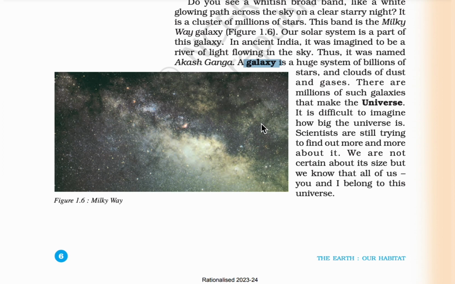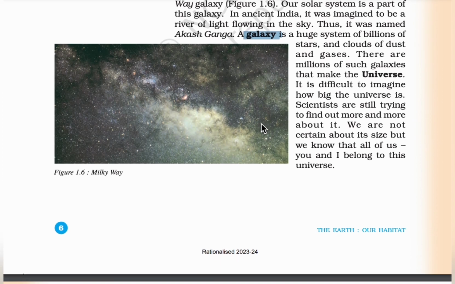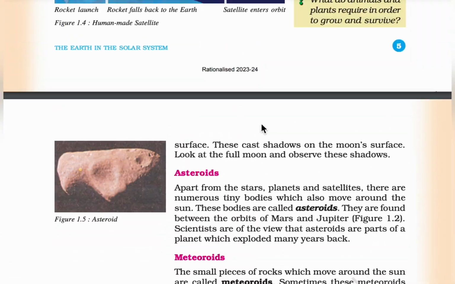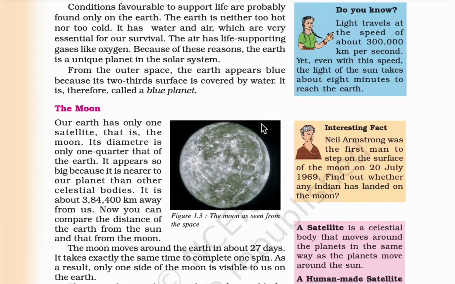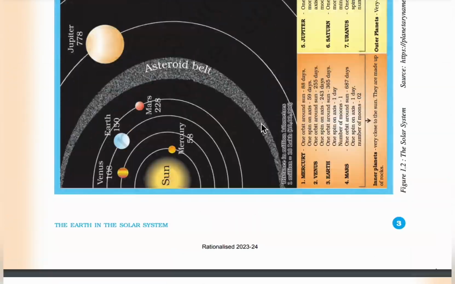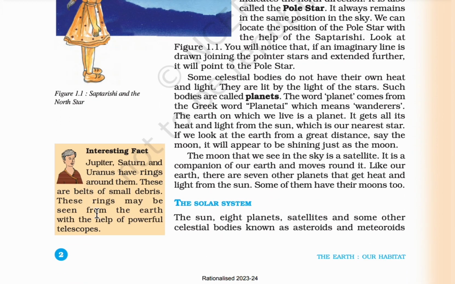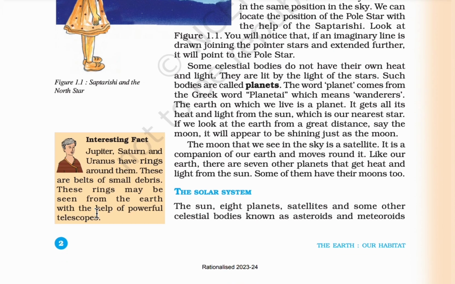So now let's quickly know about the important points given in the lesson. The first one is, Jupiter, Saturn and Uranus have rings around them. The dust particles are present around these planets like a ring. Next is,